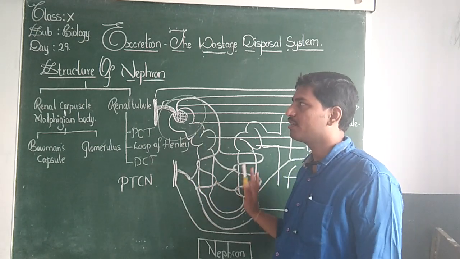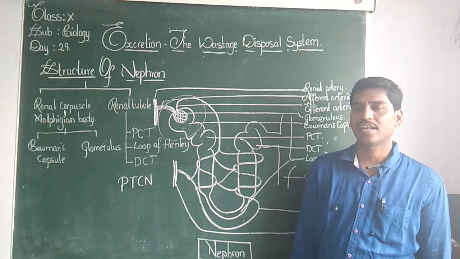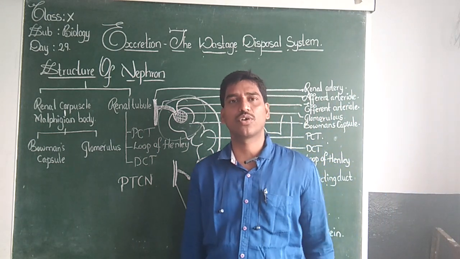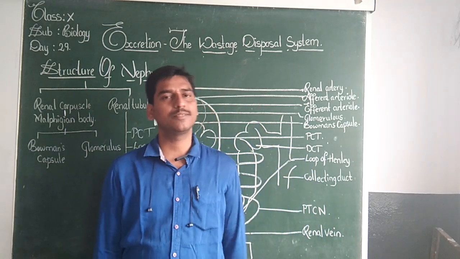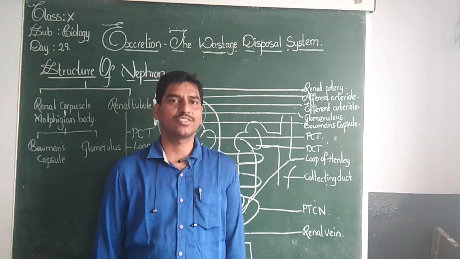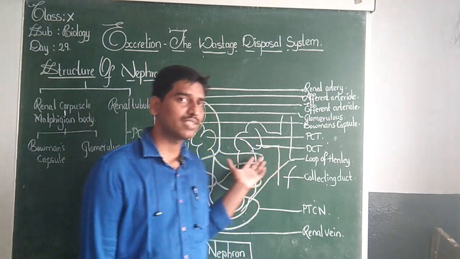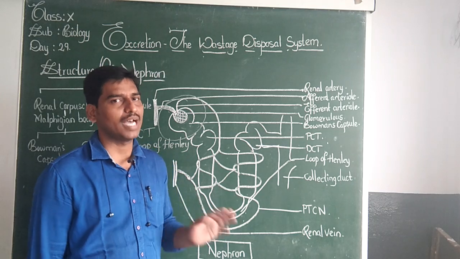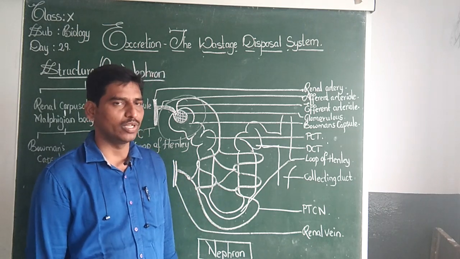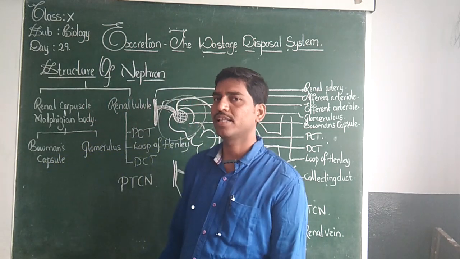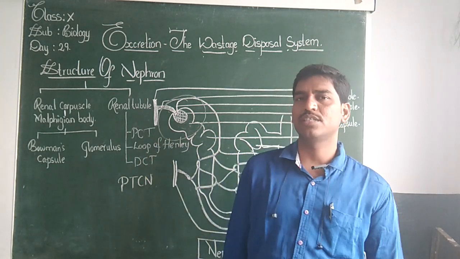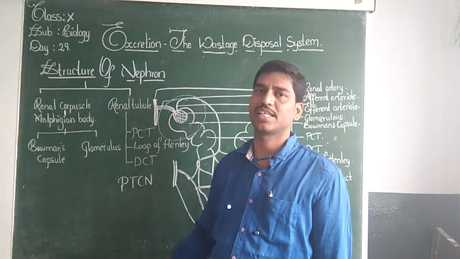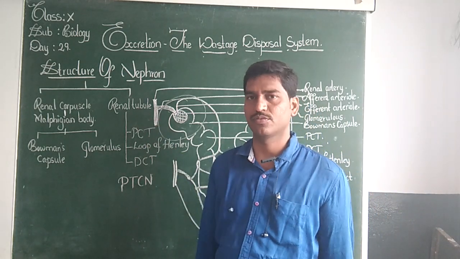So this is about the structure of the nephron. Describing the structure of the nephron is an important essay answer, and drawing the structure of the nephron is also important. You know that the nephron also has other names, like the uriniferous tubule. What is today's homework? Drawing the structure of the nephron and writing about the structure of the nephron is today's work.